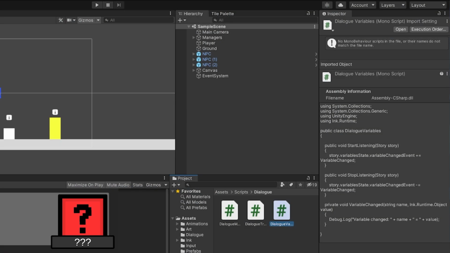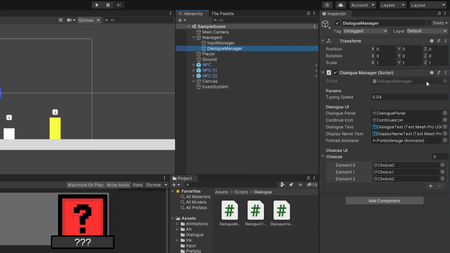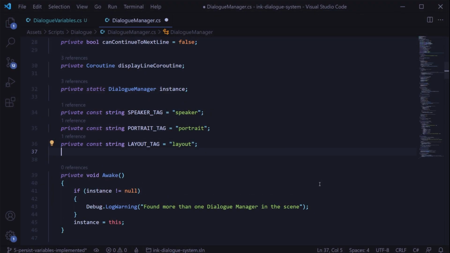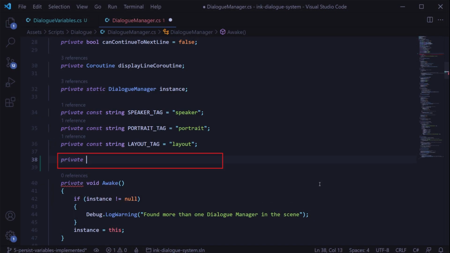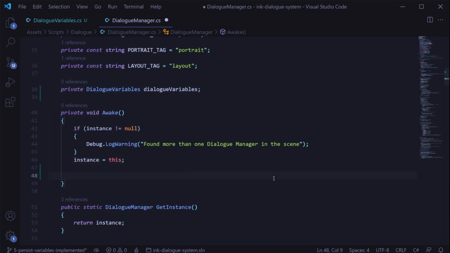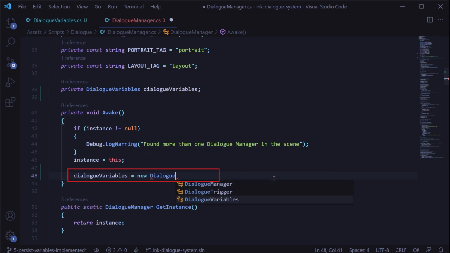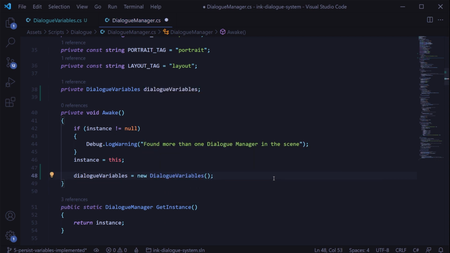This is going to depend on how your dialogue system works, but in this system we enter and exit dialogue using a singleton class called the dialog manager. So I'm going to open that script up. At the top, we'll create a private dialog variables object and call it dialog variables. Then in the awake method, we'll set the dialog variables equal to a new dialog variables object, and in this